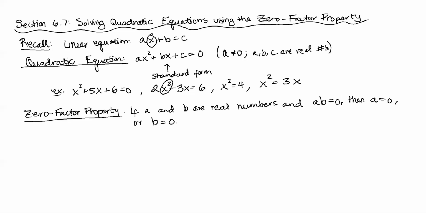Which makes sense, because if we have two things being multiplied, let's say we had 5 times something equals 0. In order to multiply this number 5 to get 0, it has to be a 0 that goes there. Same thing if we had something times 7. The only way to get 0 here is 0. So if you have two things being multiplied and equals 0, either one or the other has to be equal to 0. Both of ours are going to have variables in them, so we're not going to know which one. So we're going to have two different answers for these,